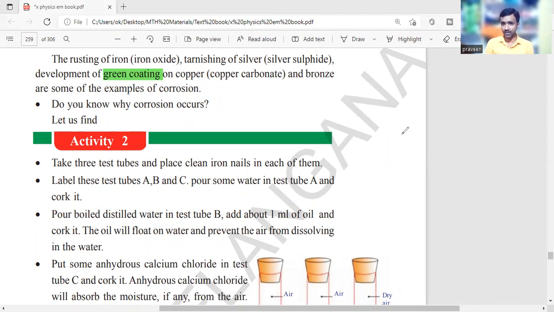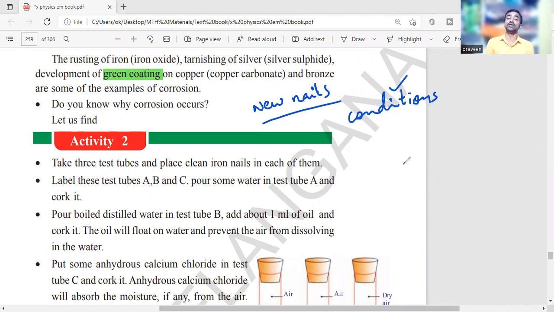So here, simply for this, you require new iron nails, right? They are actually enough, but you are understanding the conditions here. What suitable conditions are required, which conditions are helping the corrosion process, that you are understanding. So for this, you need to create different types of conditions, right? So for them, you are taking